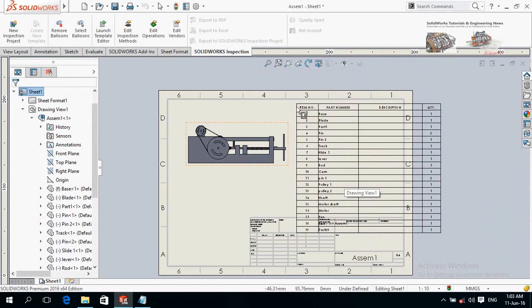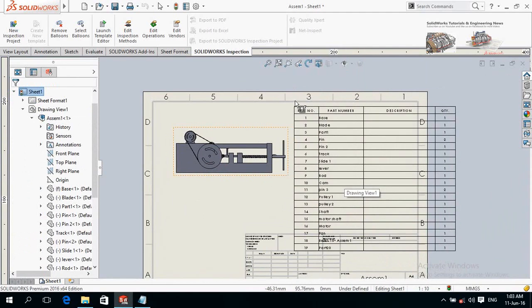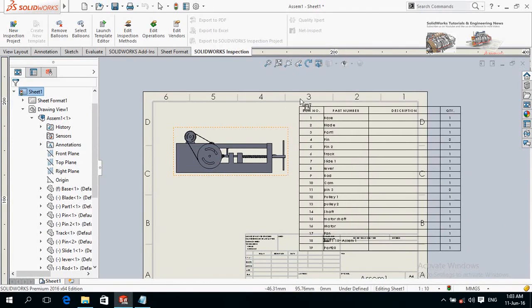A bill of material table will be generated moving along with your mouse. Place it at your desired location.